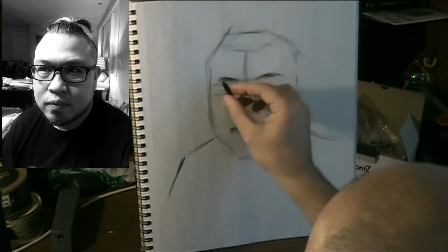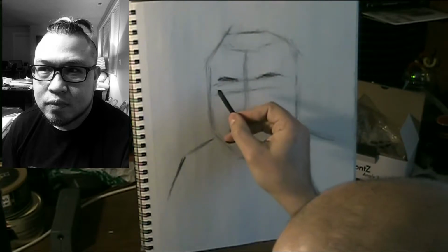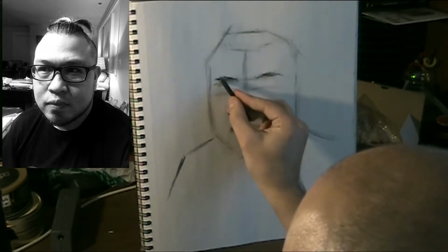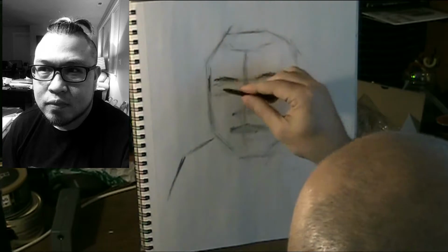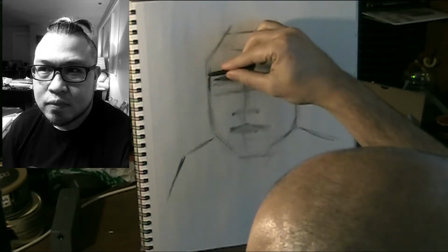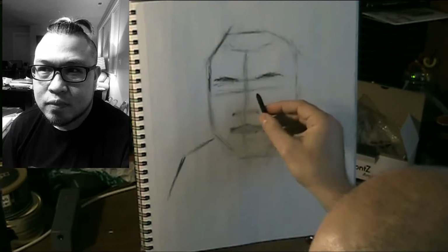And then I'm asking myself, okay, well if this is the eyebrow, how much space is between here and the side of the face? So I'm looking at the picture and it goes right to the edge. Right? If this is going to be the side, like, okay, well there's not that much space there. So this is going to be the edge of the head. Okay? Alright, well then,